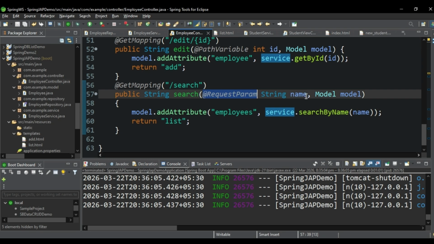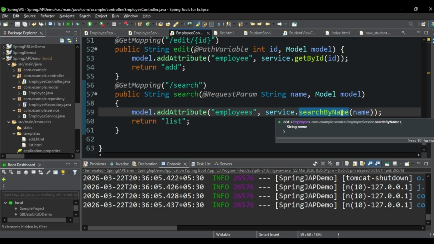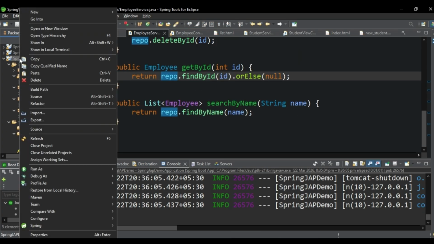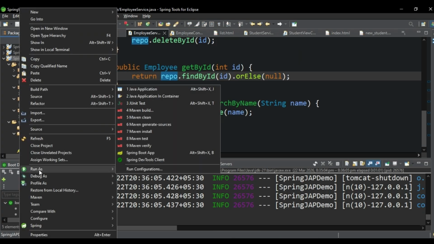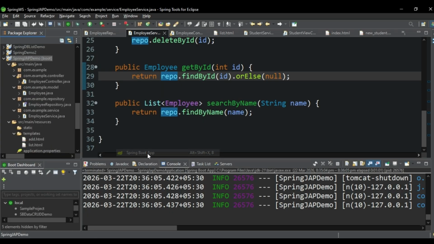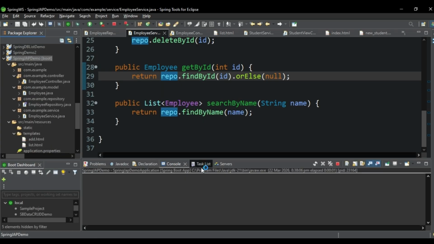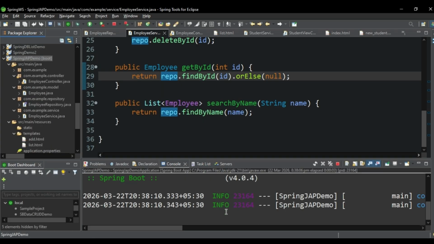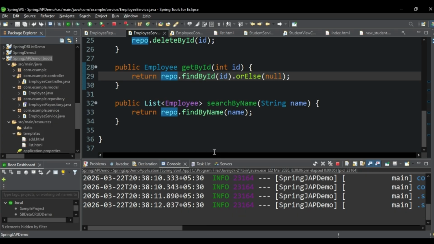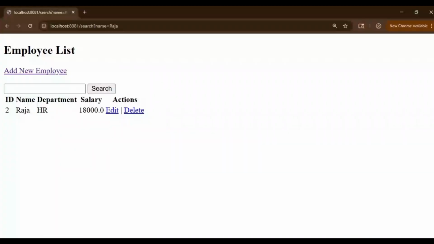Okay, then we are calling the method defined in the service class, so that that will retrieve the employee and store in the attribute employees. Then that employee will be listed in the list.html file. Okay, go to our project and run the project in Spring Boot app. Our project is running. Now go to the browser,